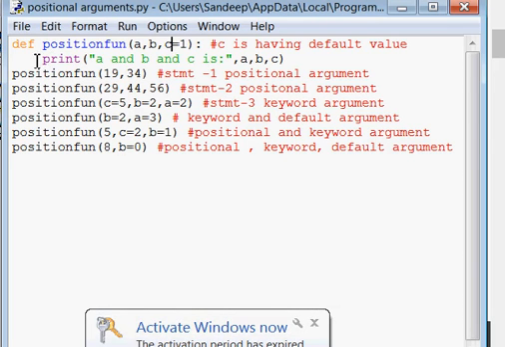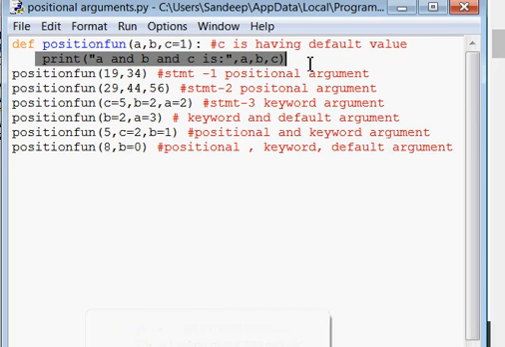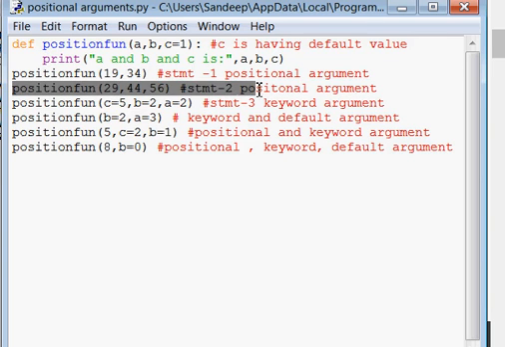Your control will come inside this function, a print statement will execute and the message will be printed: A and B and C is, A is 19, B is 34 and C is 1.